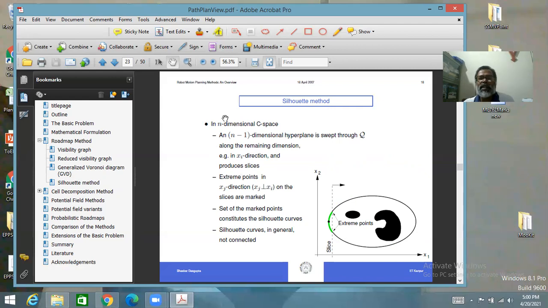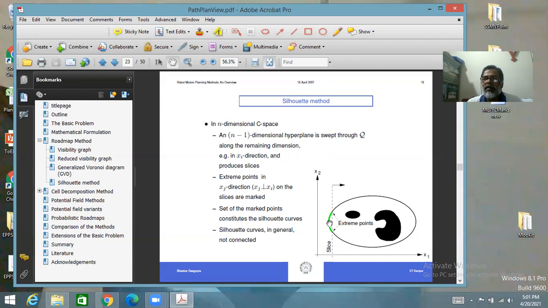Okay. So in an n-dimensional configuration space, you take an n-1 dimensional hyperplane, like this, and sweep it through the C space. So this is the hyperplane, this is a slice, and this is the direction of its sweep. So with an n-1 dimensional hyperplane only one dimension remains, so you sweep along that direction. Call it the xi direction, and as you cut the configuration space with this as the knife cut, you get slice, slice, slice, and so on, different planar segments which are parallel. Now in every slice you note down the extreme point,